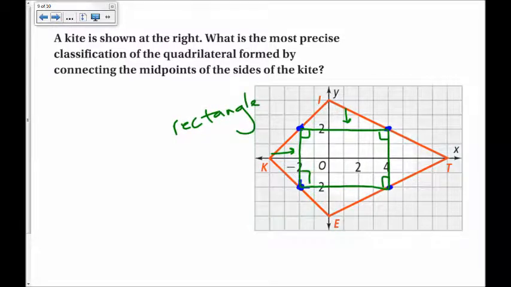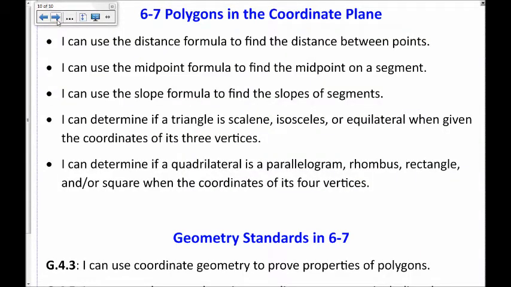Okay, now the trick is, well, we will just be graphing these and looking at it, and usually you can tell just by looking at it what type of quadrilateral it is. And if you need to check, like that very first one with triangle ABC, then you would use the tools you have, like the distance formula or the slope formula or the midpoint formula. Okay, so this video was about polygons in the coordinate